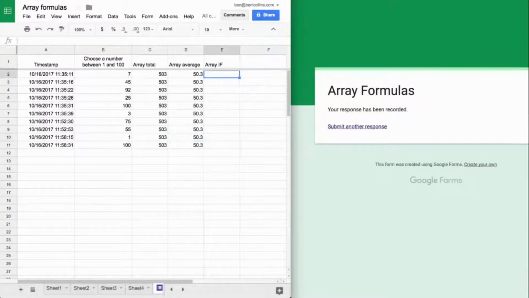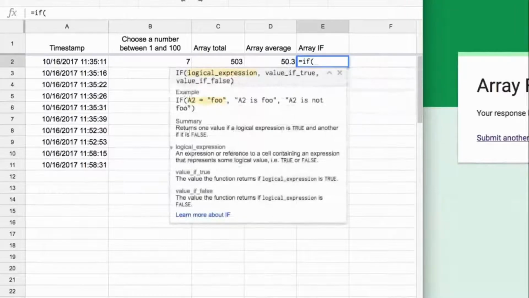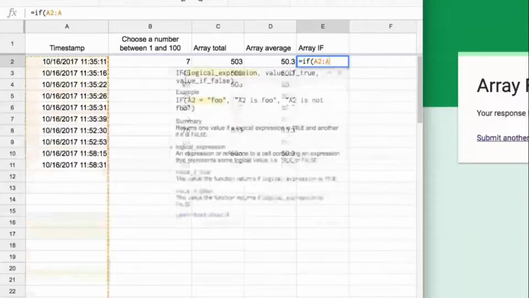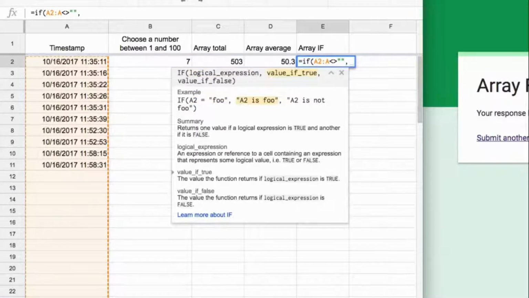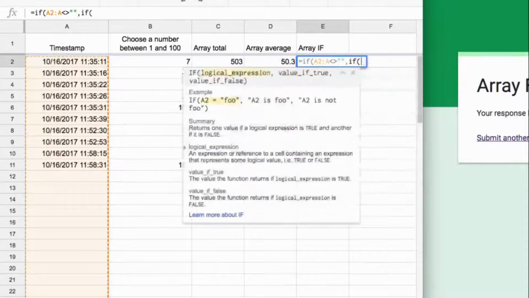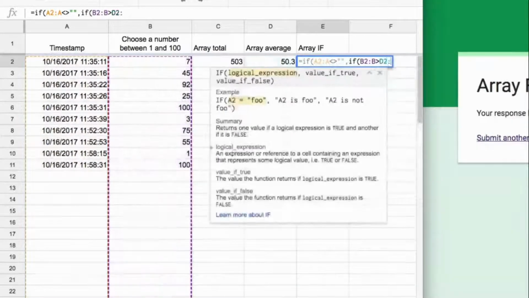So I could do even an if statement type calculation here, and again, we always start with the if A2 to A is not blank, because then that allows me, every time a new entry gets added, that will then perform the calculation for me, because that cell is no longer blank. So if that's the case, it's not blank, then if the value in B2 to B is greater than the value in D2 to D,